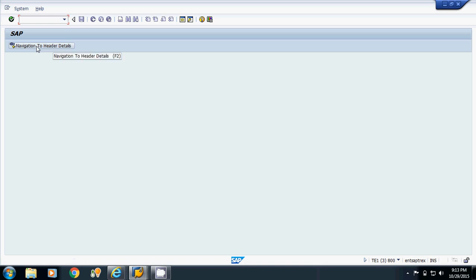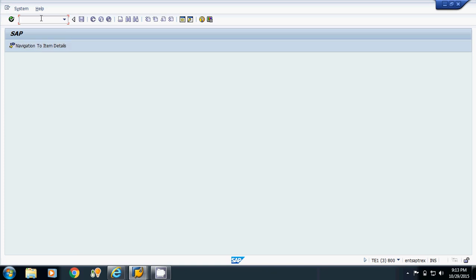Then PBO of screen 200 is called, and when I click on this button, PAI of screen 200 will be called. So this is the process by which you can navigate from one screen to another screen.